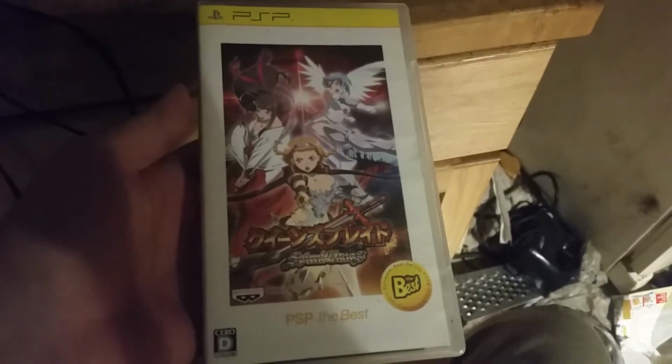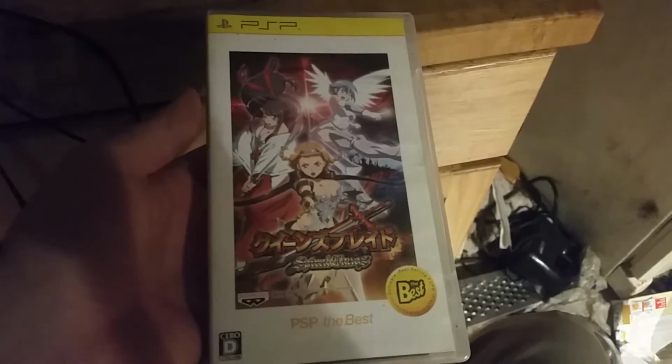The only thing, it can have custom firmware, even for PSP 6.61. Yeah, even for 6.61, I had it. I upgraded the system firmware. But yeah, this is